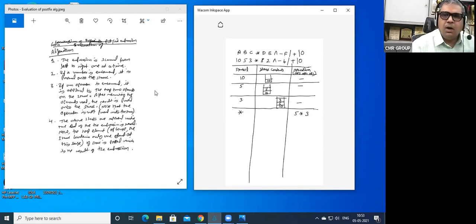It is very, very important that the topmost element which is popped is operand 1, and the next operand which is being popped out is operand 2, and the operation you are going to perform is operand 2 operator operand 1. So what is this value? Now 5 into 3 is 15, right? So 15 is now pushed into the stack. What are the contents of the stack now? 3 is popped out, 5 is popped out. The content is 10. Now 15 is going to be pushed in.